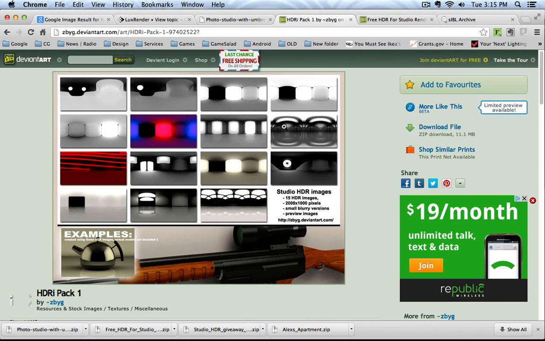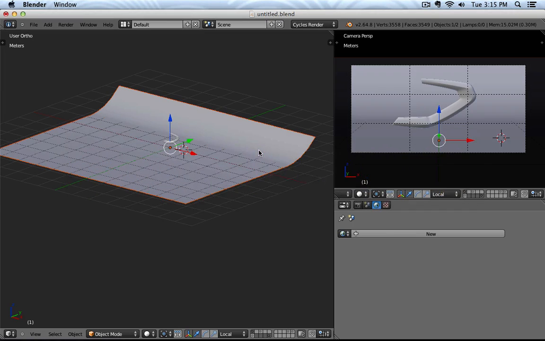Here, for example, is another set. You can also have colors. So it doesn't really matter what you put in there. All this can then be used to illuminate your scene. So to see this in action,